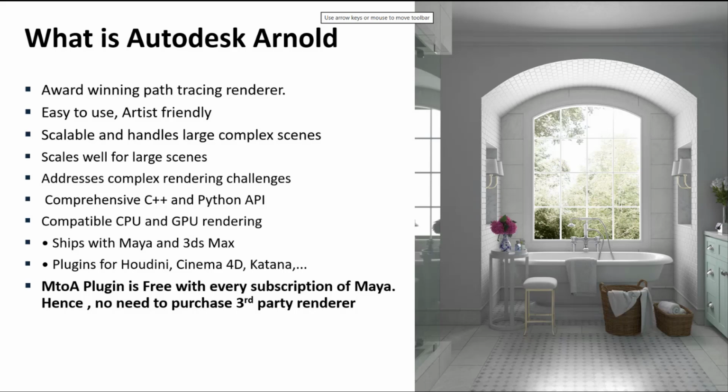I don't want to do a deep dive into what path tracing is. If you look up the words path tracing render, you can find the mathematics there. The path tracing render is more efficient when you do rendering. And number two is easy to use. Why easy to use? Because it has had many improvements, so when we talk about it, we say, hey, this is easy to use.